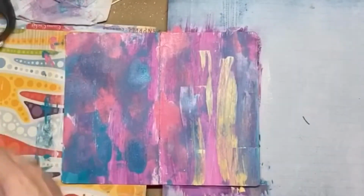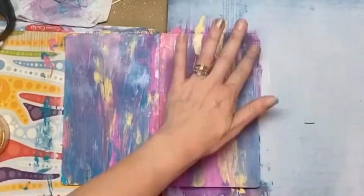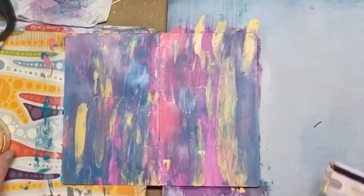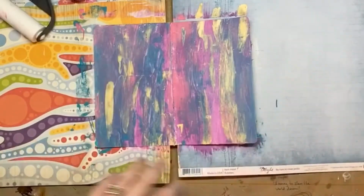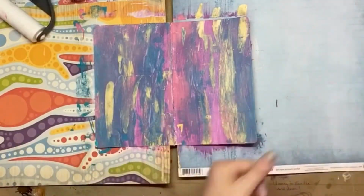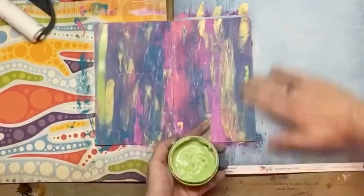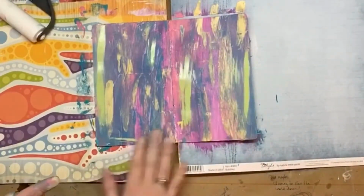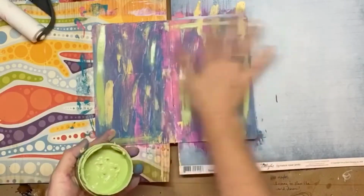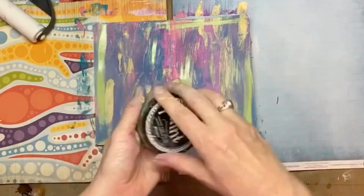But what I did was I went ahead and prepped my page with the gesso that I usually use, the white gesso, and then I'm just adding some different colors of acrylic paint. And I'm mostly adding it with a roller and a credit card to just get some layers and textures on the page. And I'm also using my fingers as well. And that's just going to give me a good, solid, colorful background for the bubbles that I'm going to draw and color in,